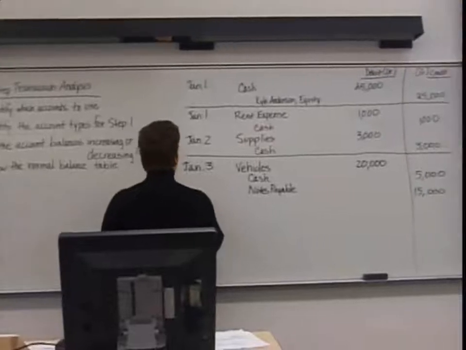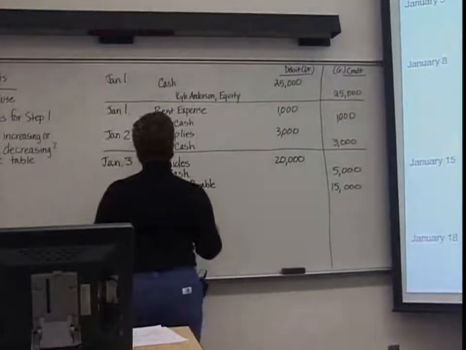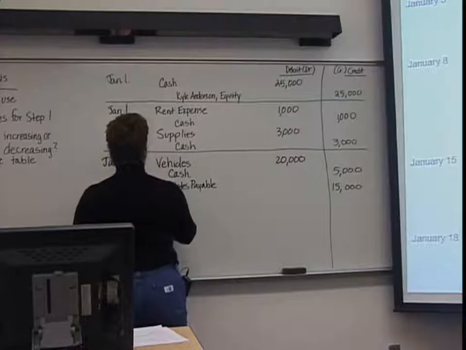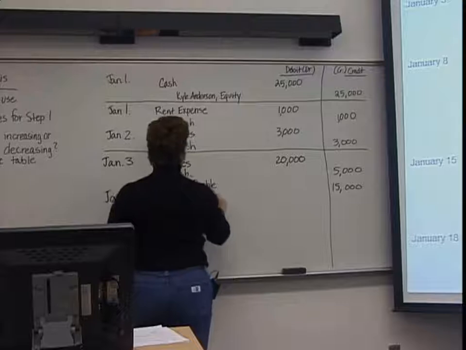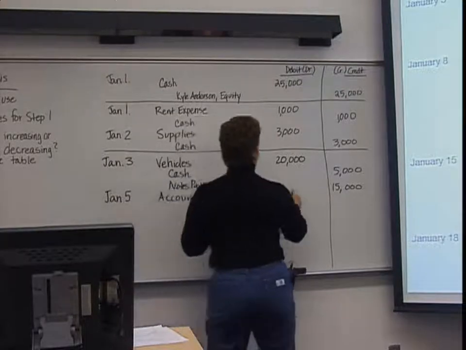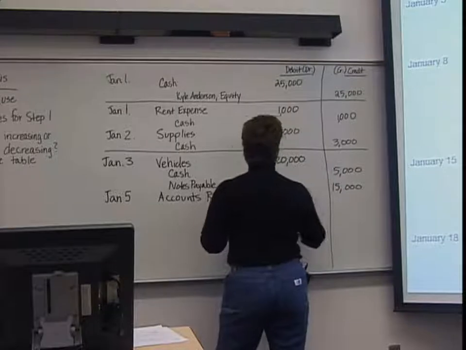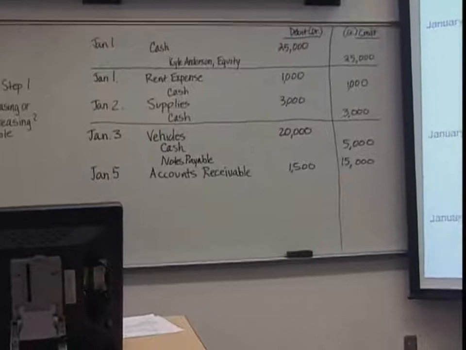So January 5th, to show that we are getting money at a later date, we will debit or increase accounts receivable, which is an asset. And that amount, again, is $1,500. And we will increase our sales with a credit